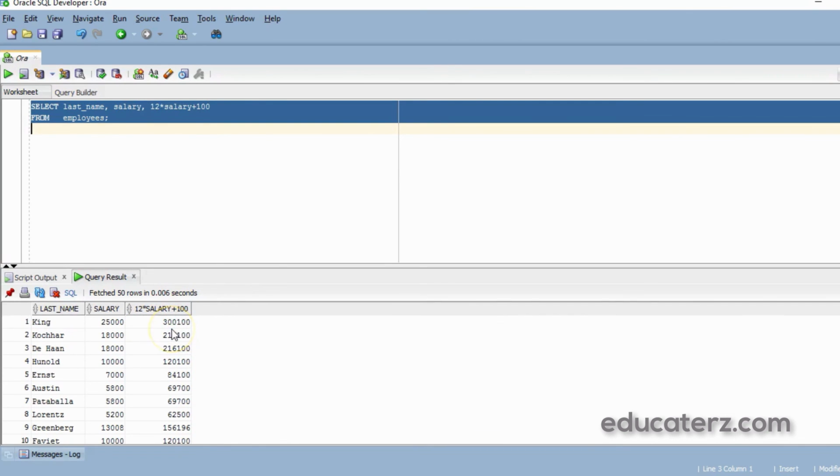The result is 300,100. Similarly, Kochhar gets 18,000 as his salary, and it is multiplied by 12, and the result is added to 100. This example clearly says that first multiplication happens, then addition takes place.